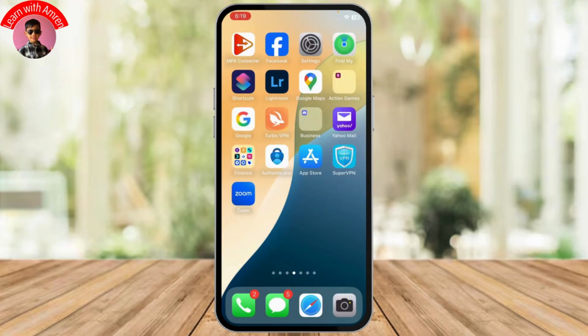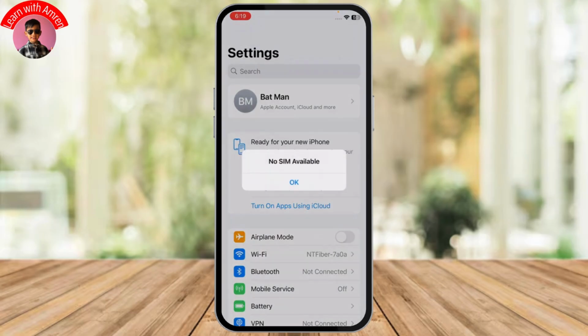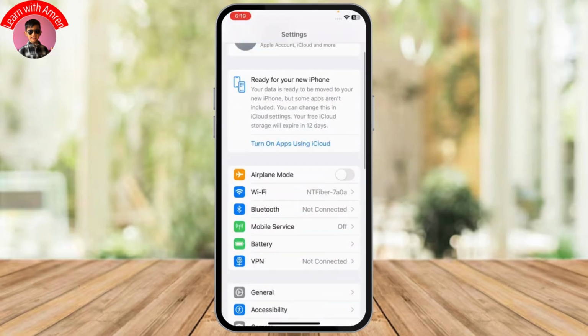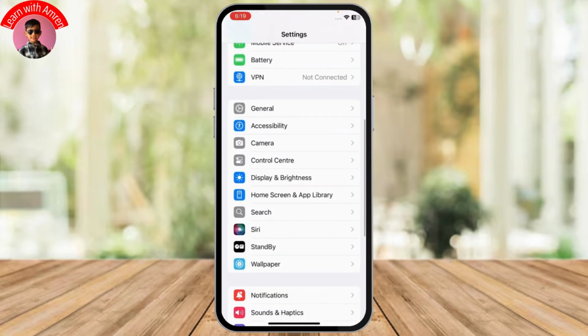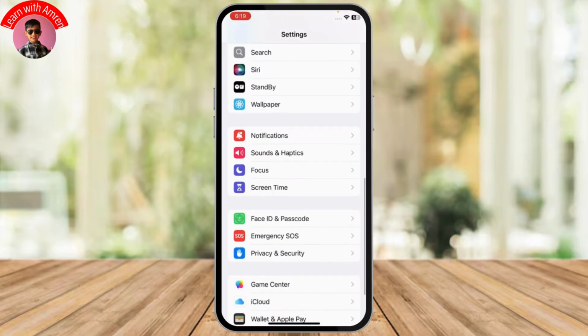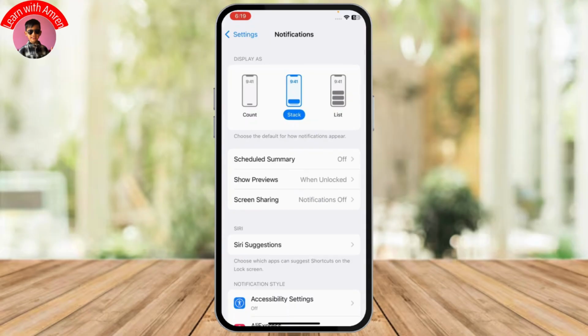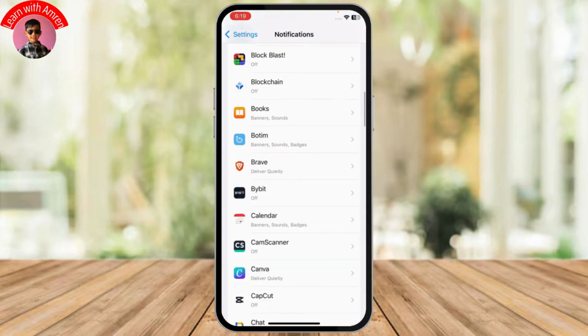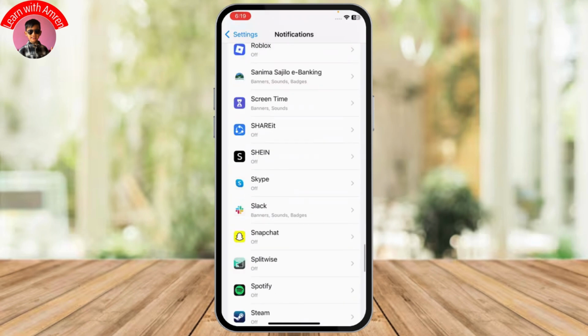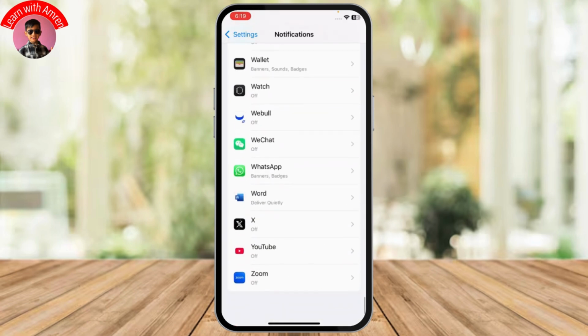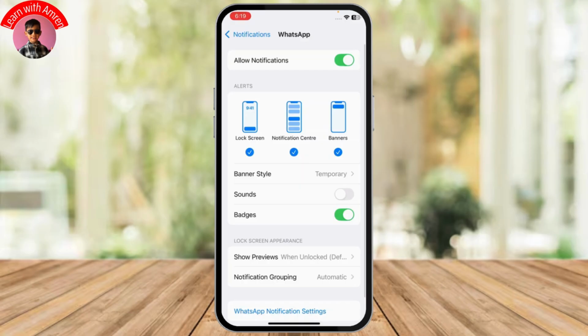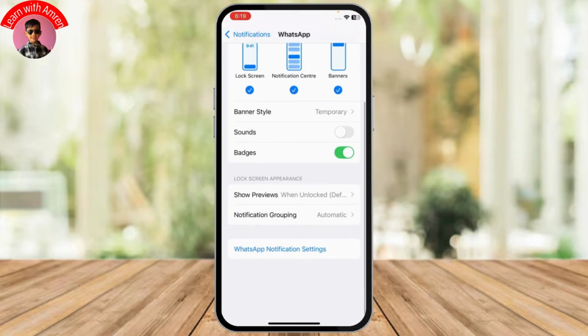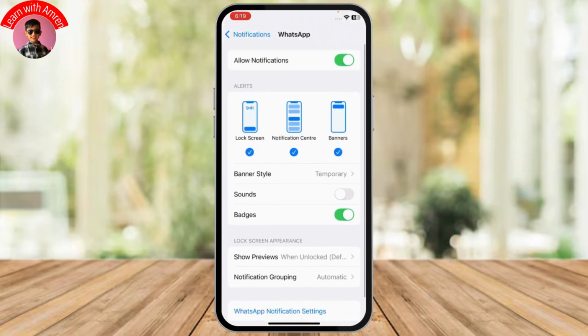First step is let's head over and check our notification settings for WhatsApp. Open up your settings and then simply scroll down until you find notifications. Tap on that and right here search for WhatsApp. It's going to be quite some way down, so let me search for that. There we go. Now here, make sure that you've allowed notifications for WhatsApp. After you've done that, make sure that all the notification settings are enabled and check if that fixes your